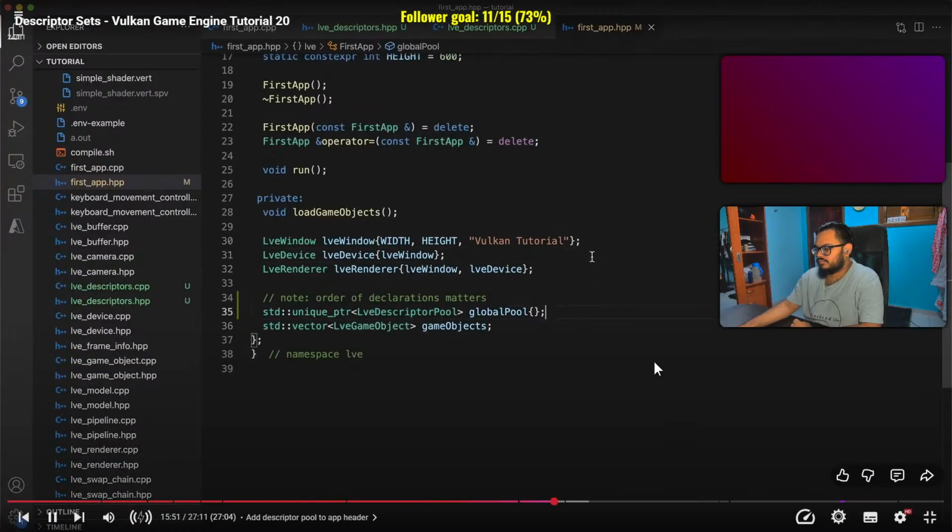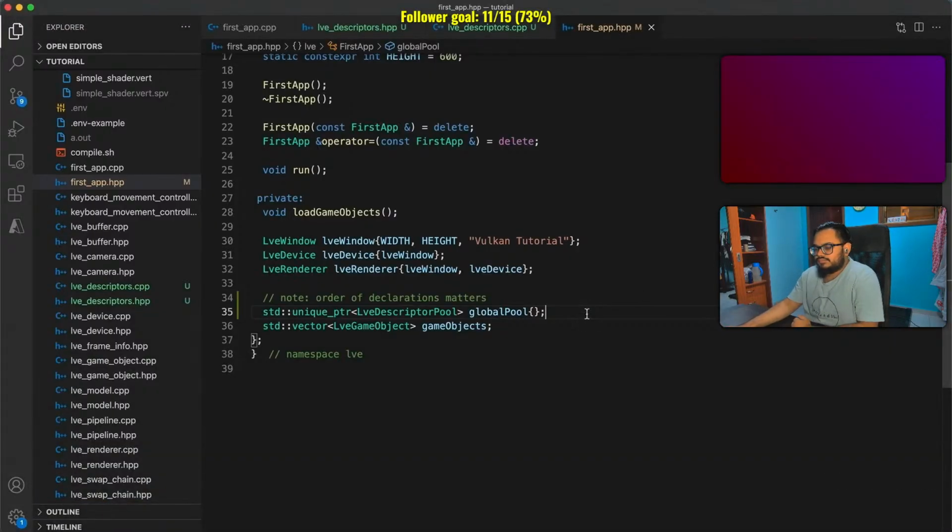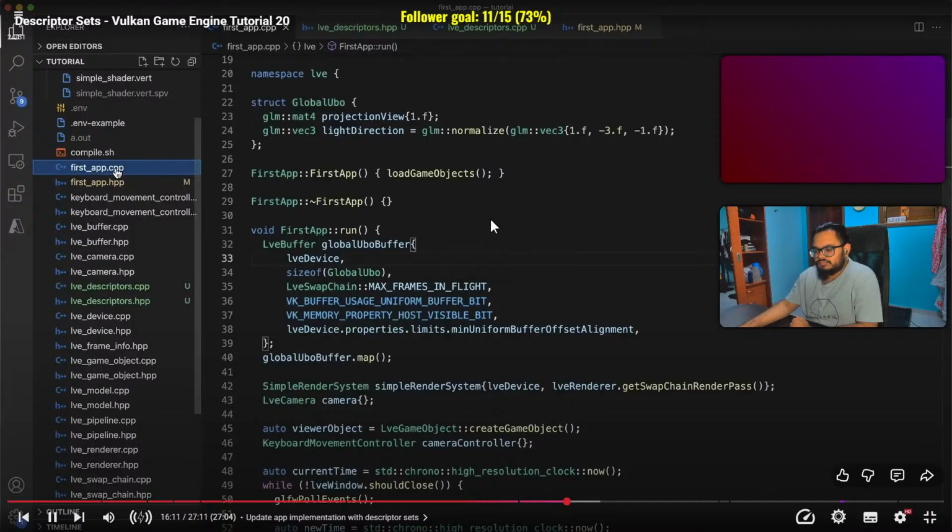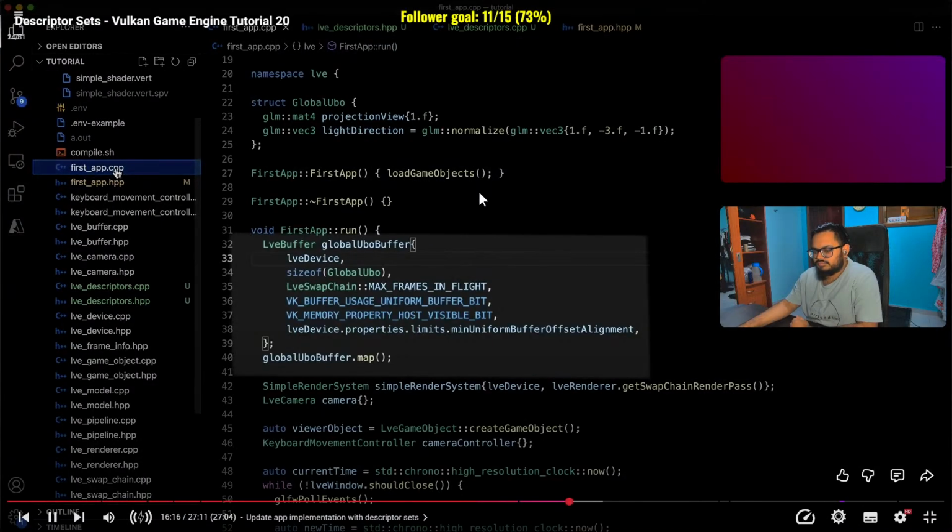We need to have the global pool variable declared after the device, because on closing, we want the pool to be destroyed before the device is. Alternatively, in the app destructor, you could set the global pool to equal null pointer. That way it'll be guaranteed to be destroyed before the device is, and the declaration order here wouldn't matter. Okay, next. In the app implementation, note that your code here may look a bit different to mine because I actually recorded this before I made the previous video that fixed